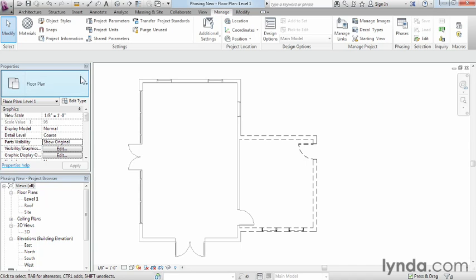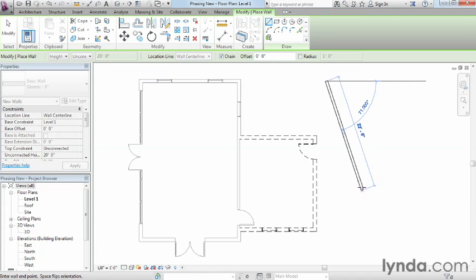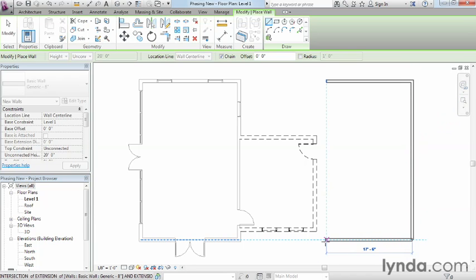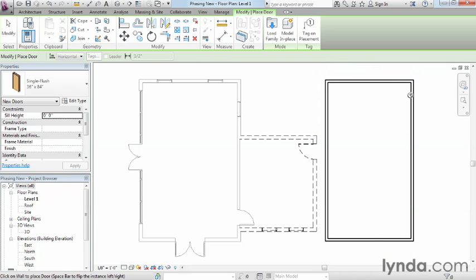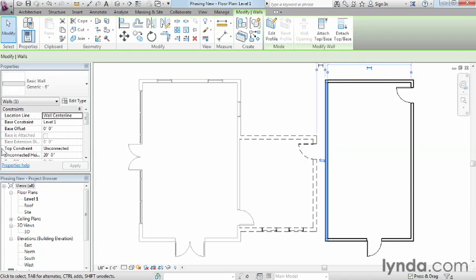All right, so now that I've got the existing building looking the way I want, I'm going to go to the Architecture tab, and I'm just going to kind of put a building over here for new construction. And I'll just sort of draw a simple little rectangle like so. And maybe add a couple doors or something to it. It's not really that important what I draw over here, okay? But that's all new construction created in